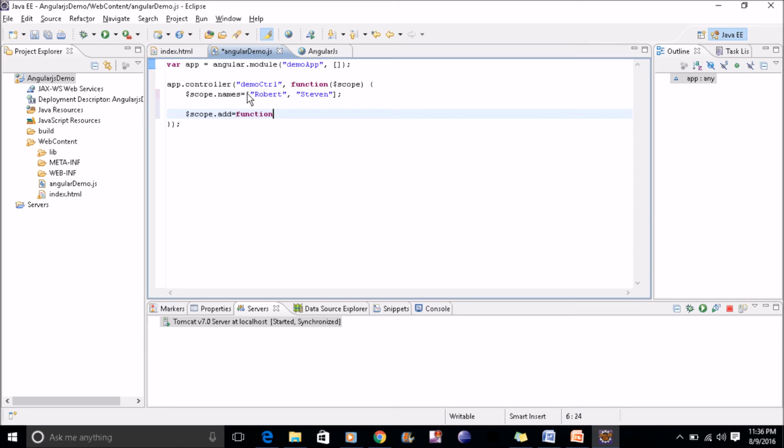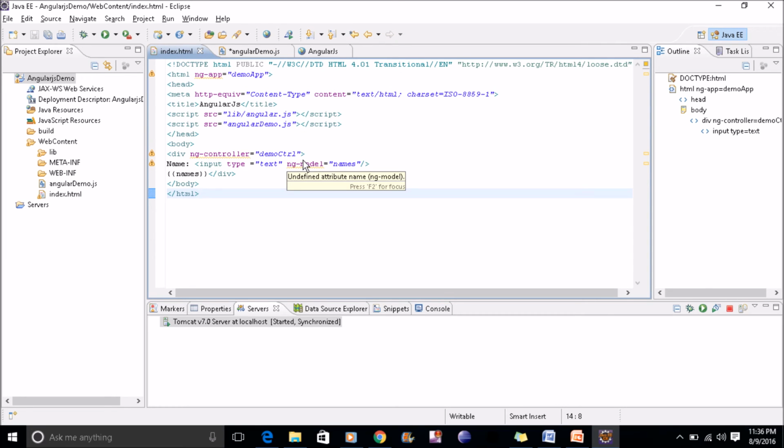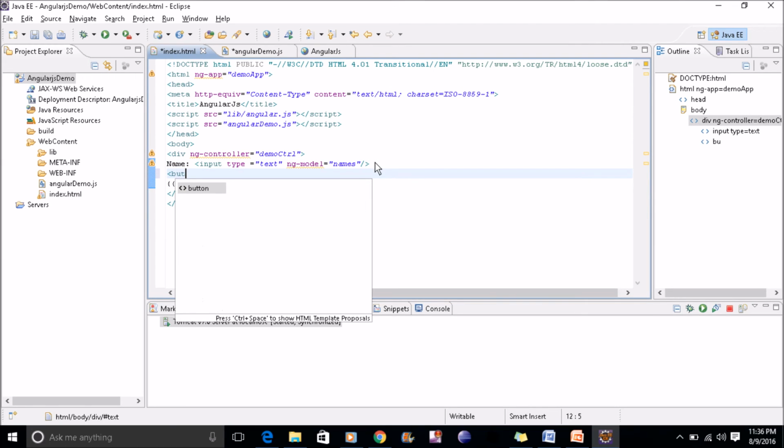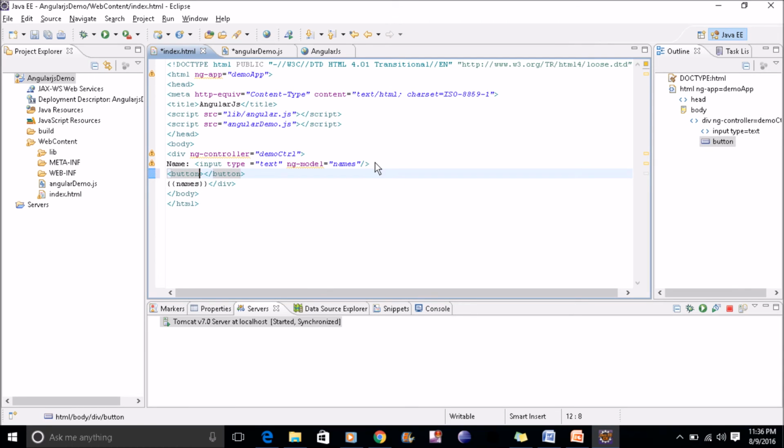Basically in the HTML file, this add function I'll call here. So on click of button, ng hyphen click, add, I'm calling it here.